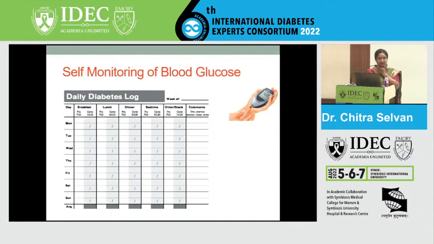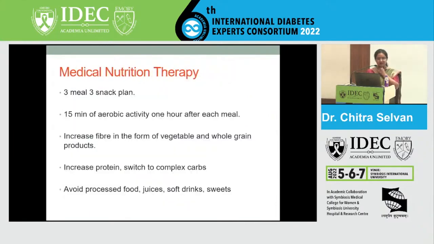I think Dr. Pramila is also going to be talking about this in some detail, but the principle of diet advice during pregnancy is the fact that your postprandial sugars are likely to be higher than fasting sugars in GDM alone. Pre-gestational diabetes is a whole different story. So it would make sense to provide smaller meals, split 3 ways and 3 snacks, and encourage them to move a little right after the meal, maybe about 45 minutes to an hour after the meal for about 10 to 15 minutes.